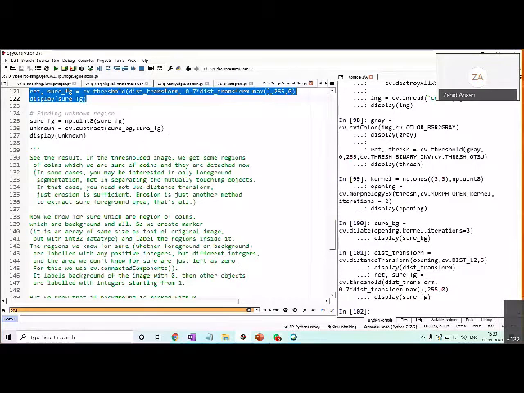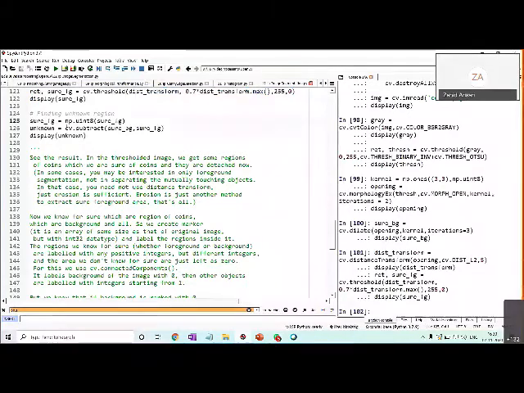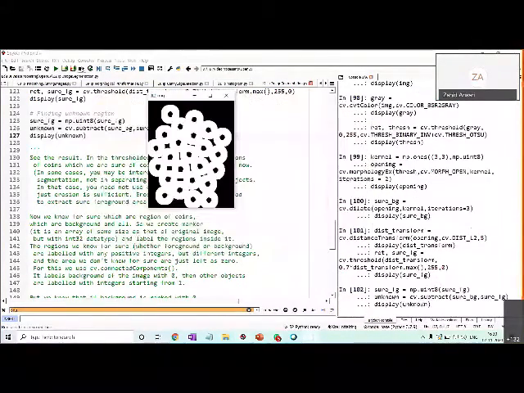We know some regions which are sure background, and we know some regions which are sure foreground. The subtraction will give us the region which is unknown. We don't know those, and for the segmentation we basically want to mark the boundaries there. So this is the unknown region. These white circles are the unknown regions. Outside is the background, these are the foregrounds, the coins, and these are the unknown regions.